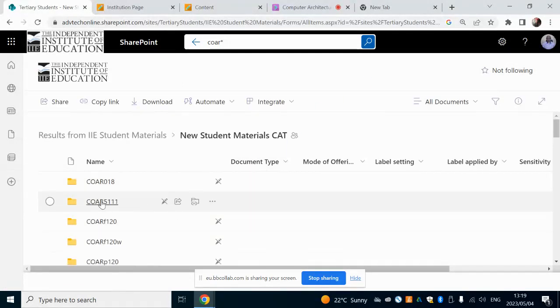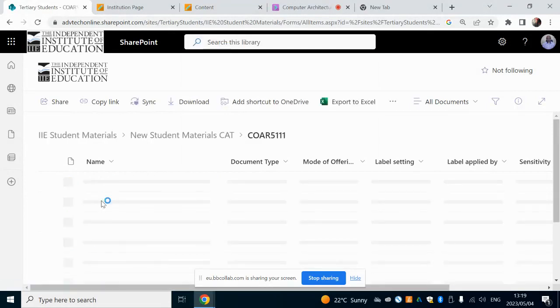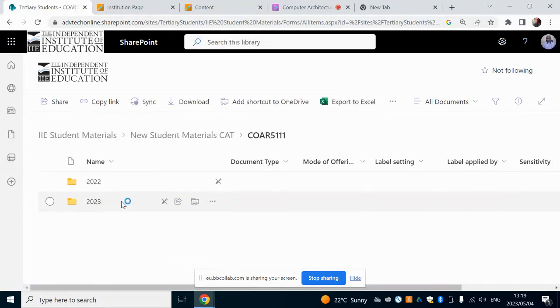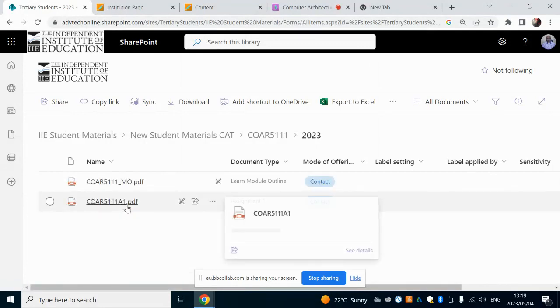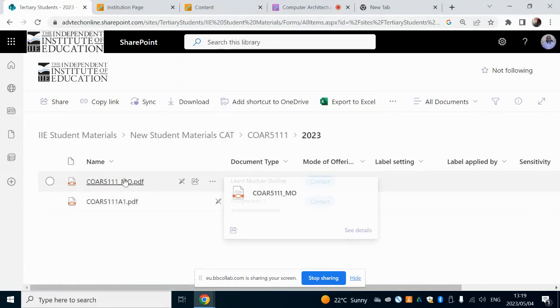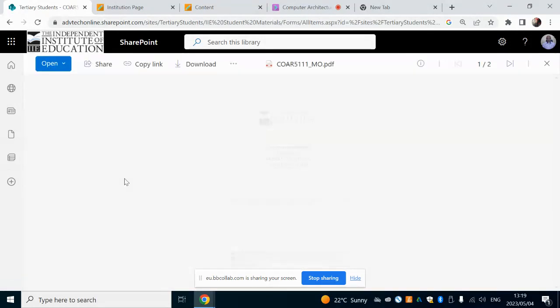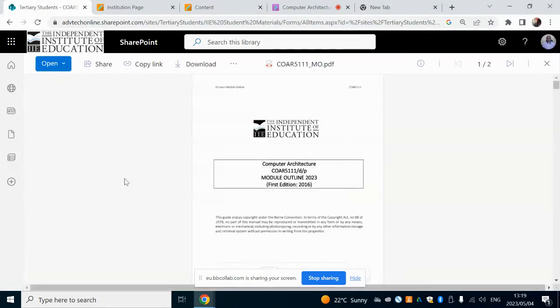My module is called COAR5111. So I click on COAR5111 and then I click on 2023. I've got my assignment, which I've submitted already. And then I've got my module outline document. In the module outline document,